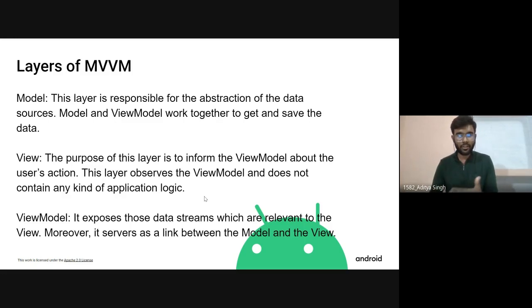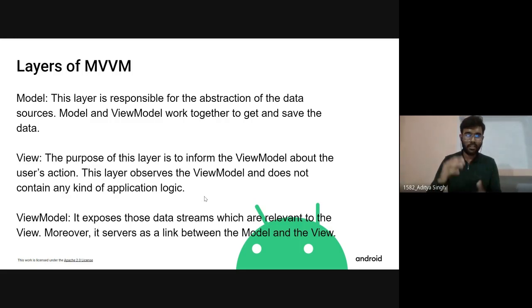Like I told you, model defines how we are going to read or write our data. So firstly, view model will access our model class to understand how it is going to read the data from that server. Then view model will fetch the data from the server and pass that data to view. This is how view model and model work.